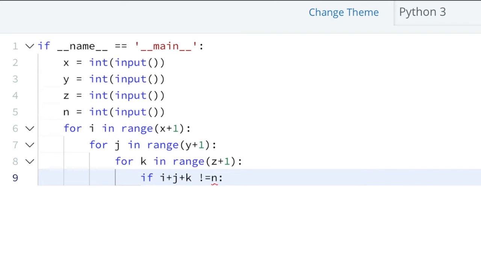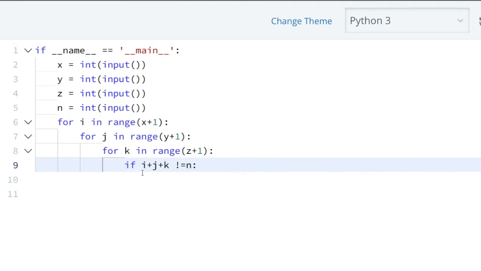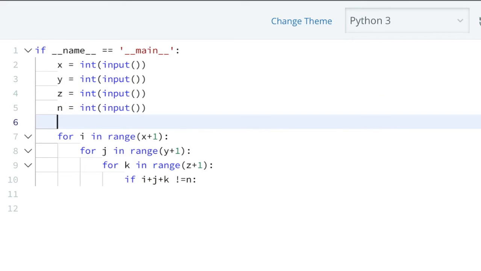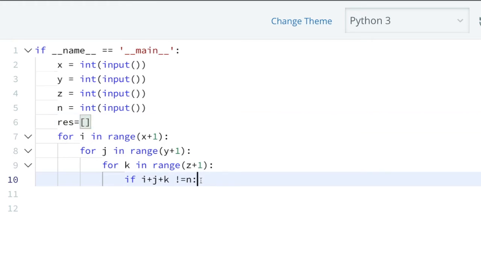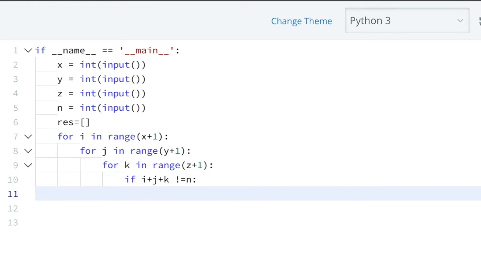If it is not equal to n, then what we have to do here is we have to save this i, j and k value as our result. Means this is my one possible list. So what we will do here, we will take one resultant list, a list type, and we will simply add this i, j and k value in this result list. Result dot append, and we have to append this as a list.